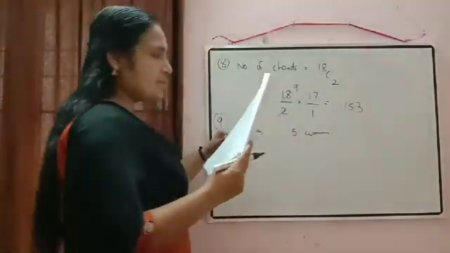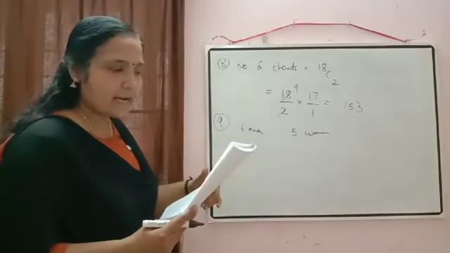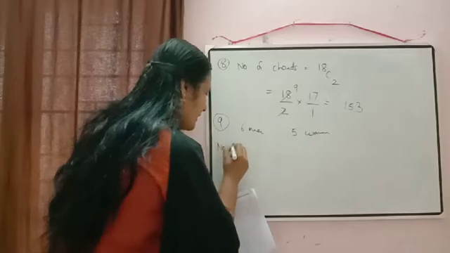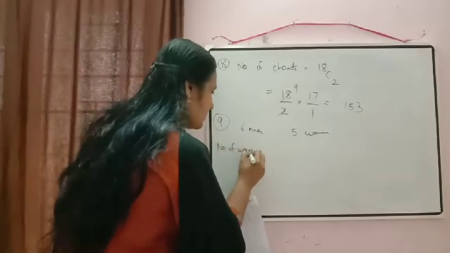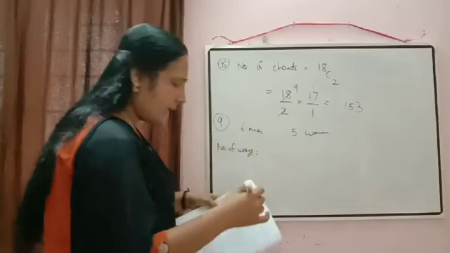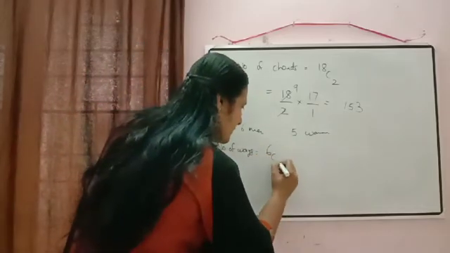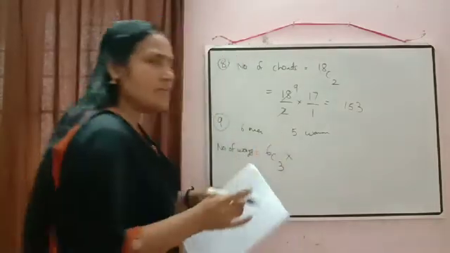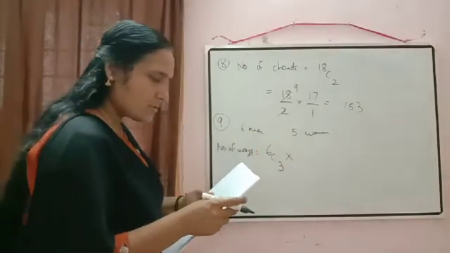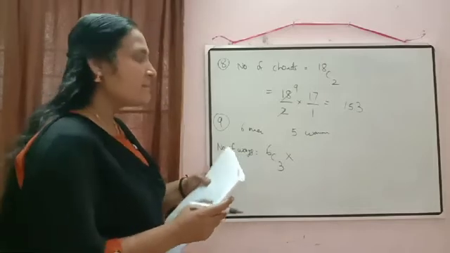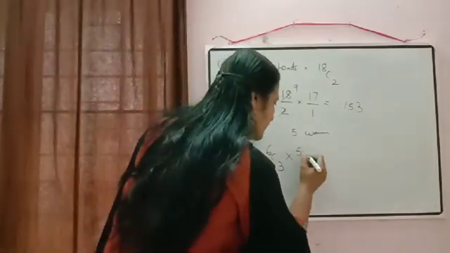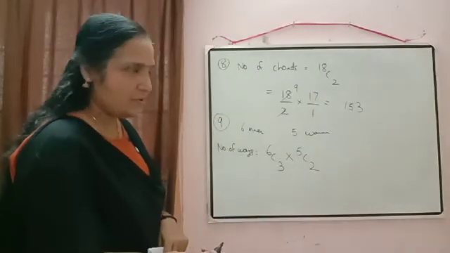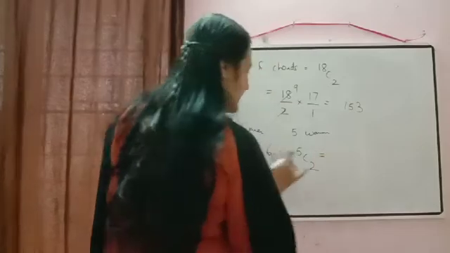So out of 6 men, how many men we have to select? Yes, we have to select 3 men. So directly you can write here, number of ways is equal to, out of 6 we have to select 3 men. So it will be equal to 6C3 and. So if and is there means we will do multiplication there. Out of 5 women we have to select 2 women. So it will be equal to 5C2. 6C3 into 5C2. Now we can simplify it.